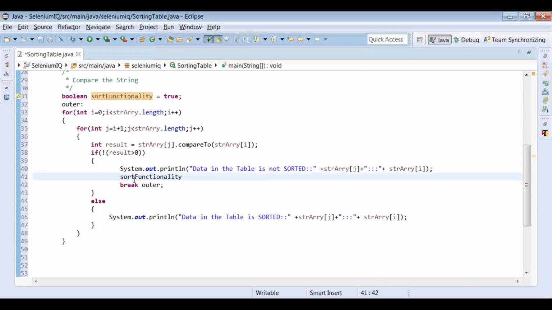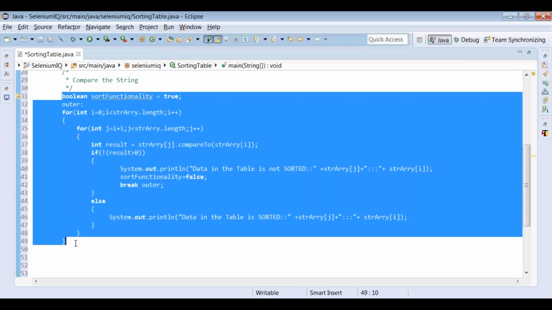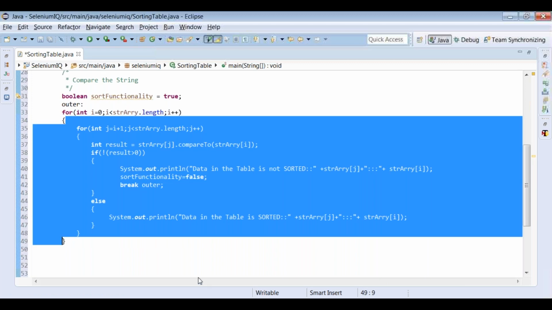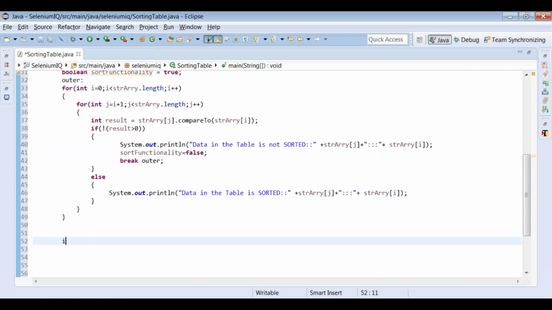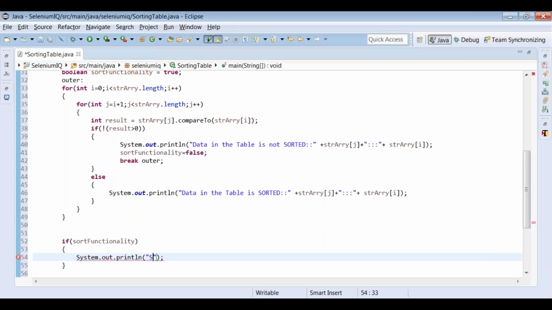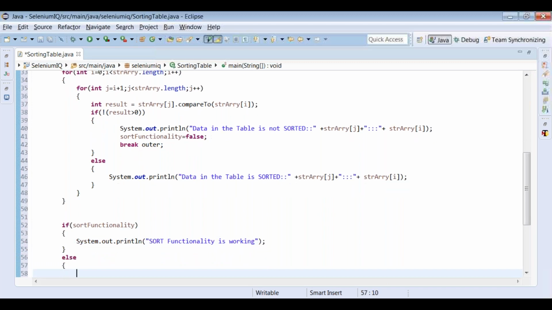Finally, after completing this entire logic, the next step is: if sortFunctionality is true, we write println "sort functionality is working", else "sort functionality is not working".